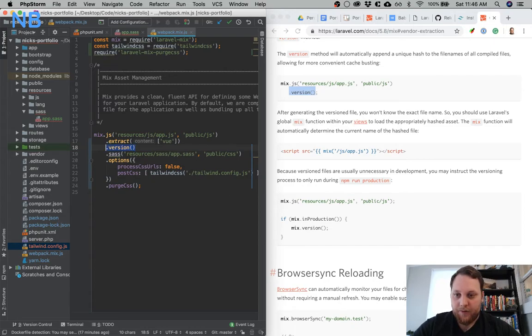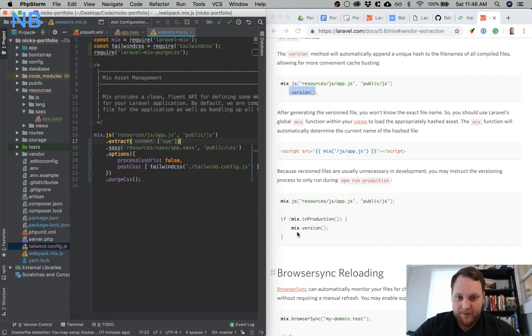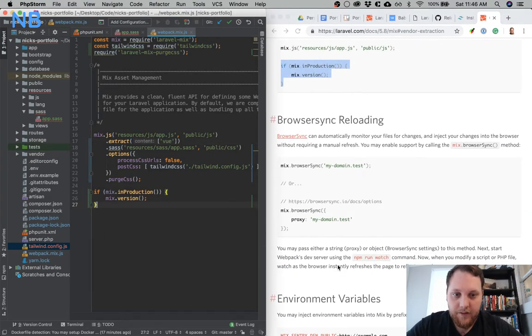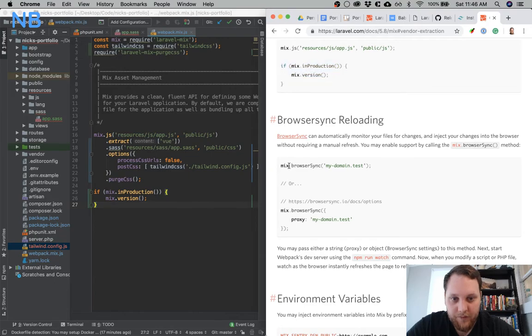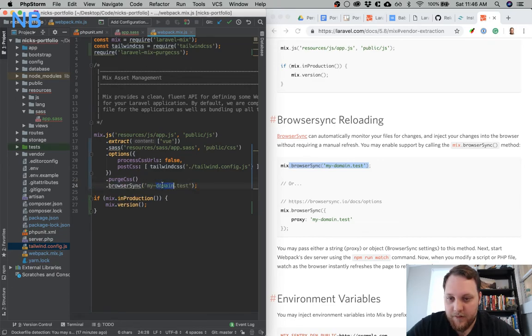Oh yeah, we do want to only do this if we're in production. That way, that will take care of us there. Cool. We do want to do browser sync as well. Really nice. And this will just be Mix